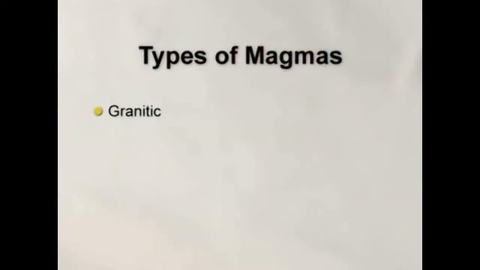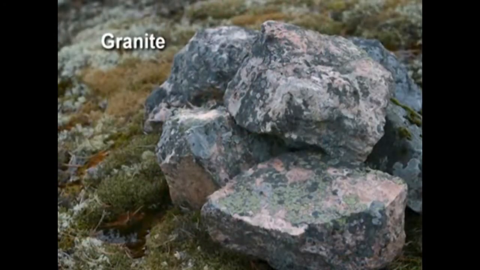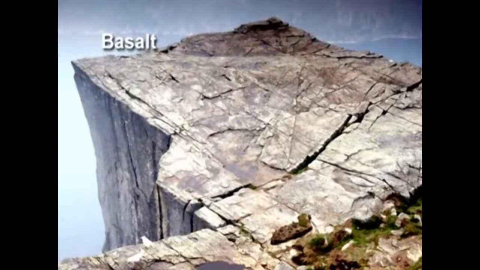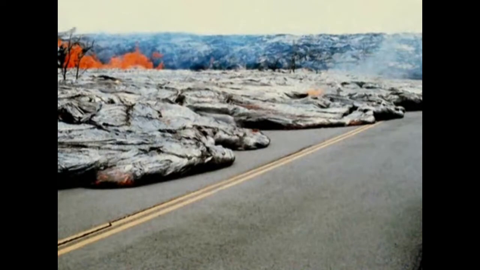Now, you're going to find out throughout the course, eventually, there are three kinds of magmas. There are granitic magmas, andesitic magmas, and basaltic magmas. Now, the names we apply refer to the kind of rock that forms when they solidify. Now, we're going to talk about the granitic and the basaltic here. Granitic magmas form granites. You know what granite is, tombstone stuff. The basalt, if you've ever been to some place like the Hawaiian Islands, it's 100% basalt. So a lot of you have seen basalt. Any lava flow that you ever saw in the world, I can guarantee you that it was a basaltic lava